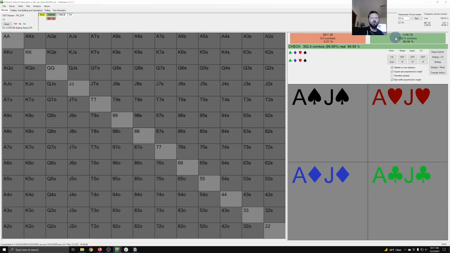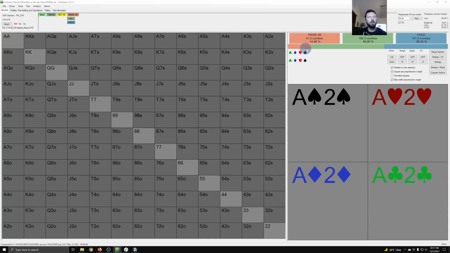I think people often misunderstand what this actually does. It doesn't rechange the calculations. It doesn't solve how to optimize your range against that exact combination. I can demonstrate right now why that isn't the case. If we enter kings in our opponent's range, the king of hearts is already on the board, so I'll say king of diamonds and king of clubs. If we put that into our opponent's range and select check, and we check and then have our opponent bet,